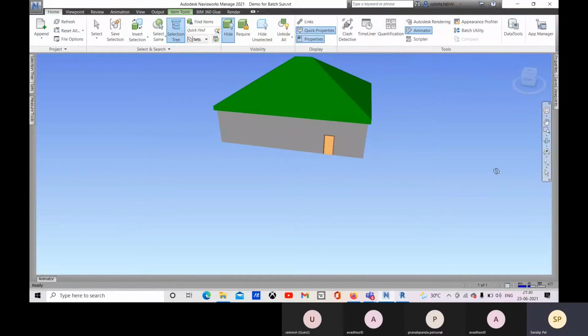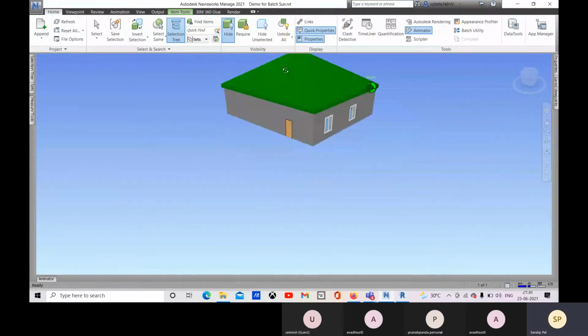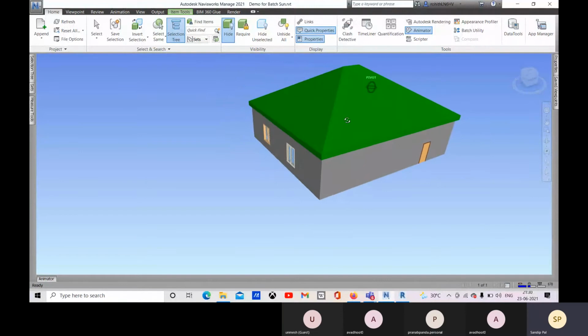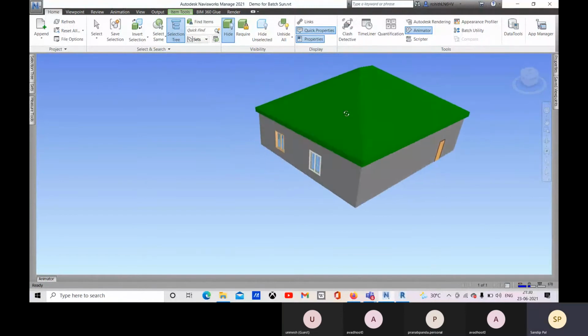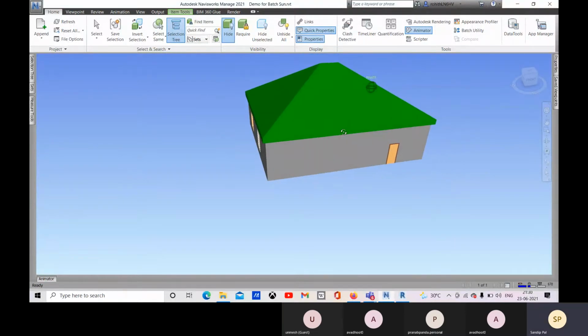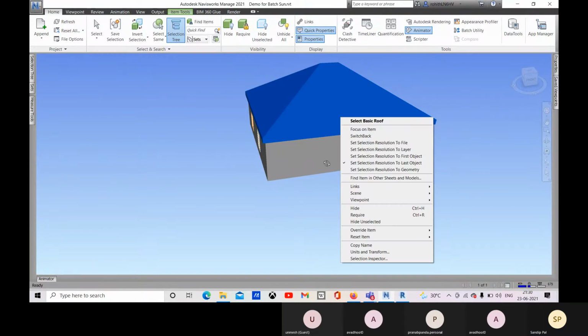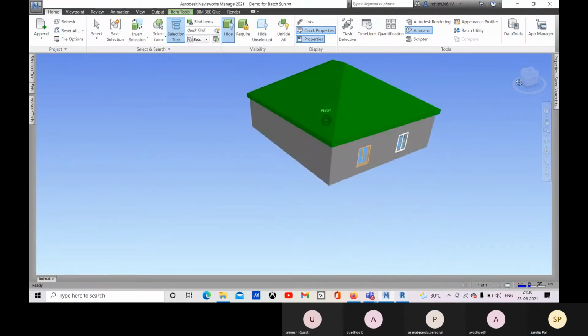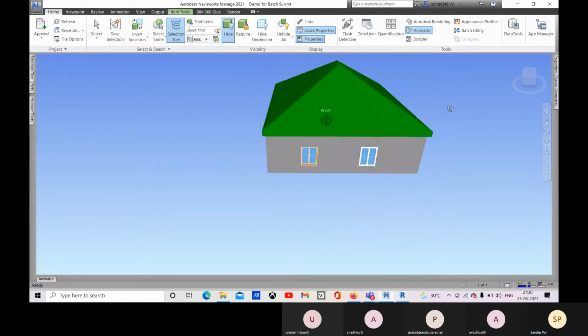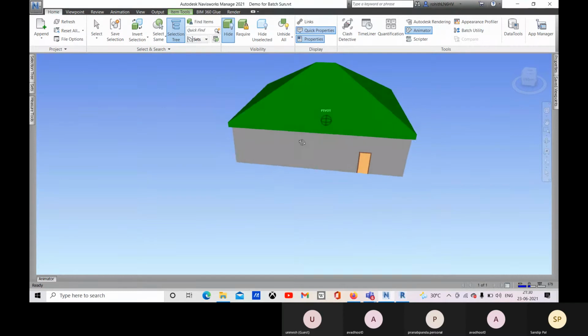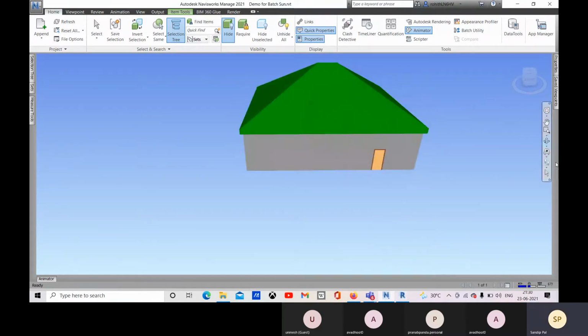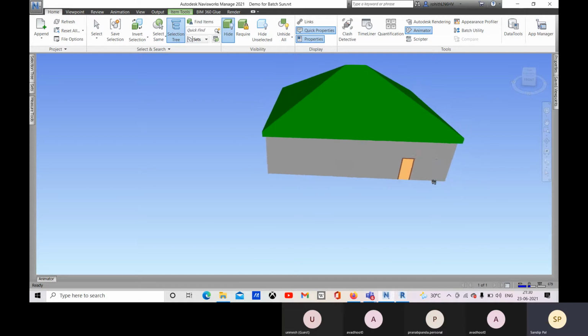And here also you have this constant orbit, so you can orbit around in this direction. Okay, so you can choose. And here also we have this walk mode, so we can walk around the model.